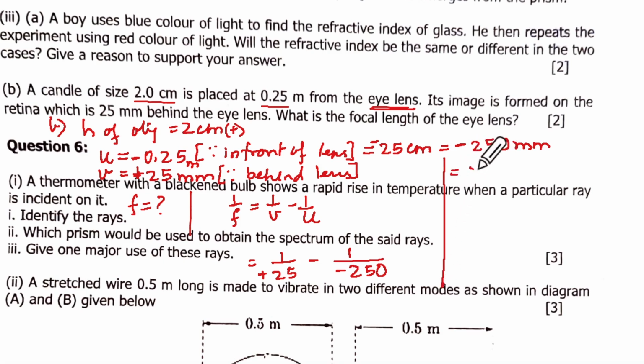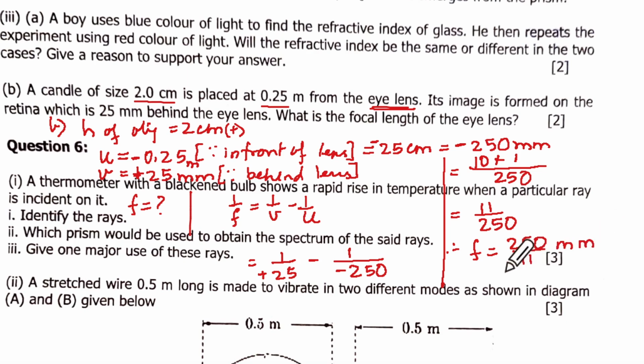I'll take 250 as the LCM, and 25 goes 10 times, and here this minus minus will become plus, and it will become 1. Agreeable to you? So that is 11 upon 250. Therefore f is equal to 250 upon 11